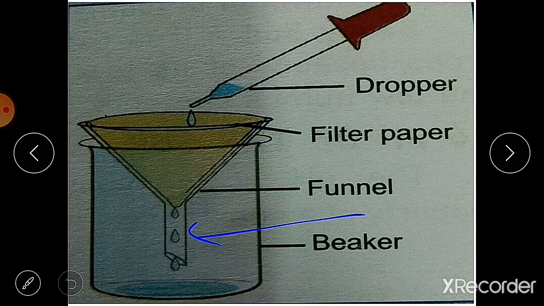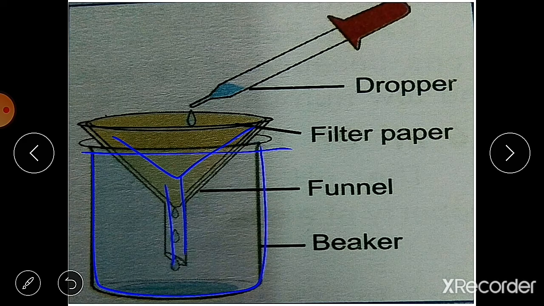Okay, then what will be the procedure? Take a funnel and filter paper, hold the filter paper and set it into the beaker. Okay, and on this you have to set the funnel like this with the filter paper inside it, as shown in the figure.